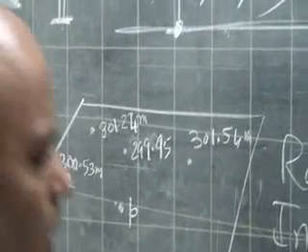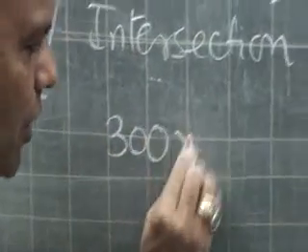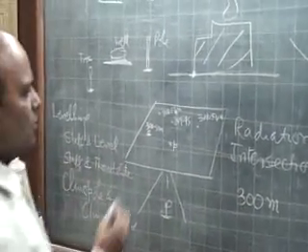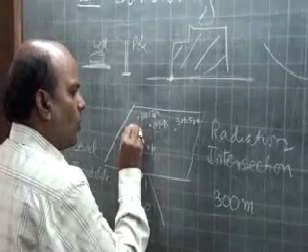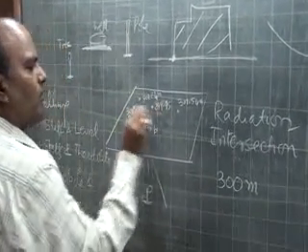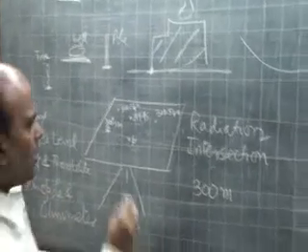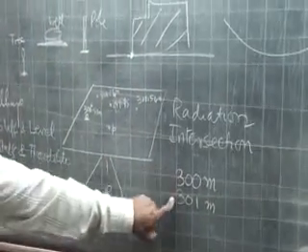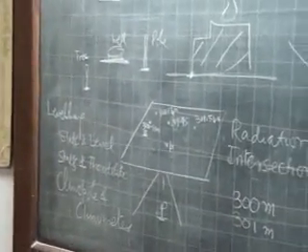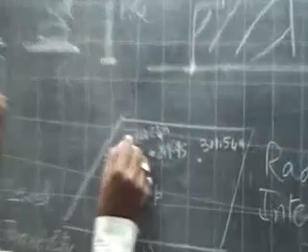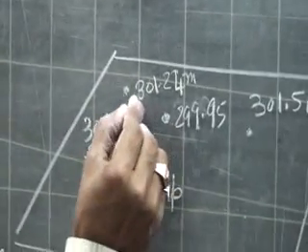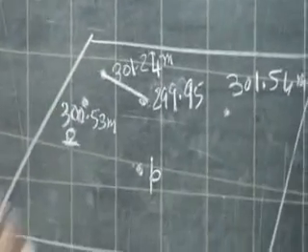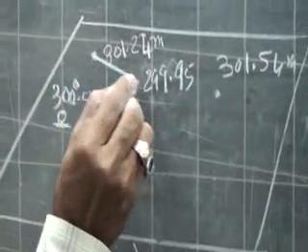If I have to plot a contour of 300 meter, I can interpolate between 299 and this point. There will be somewhere some value as 300. I can also do some interpolation for 301 meter. So in that case the contour interval here will be 1 meter. So I know that this point is 299 and this point is 301. So the 300 contour will somewhere pass in between this. This is 300.53 and this is 301.24.